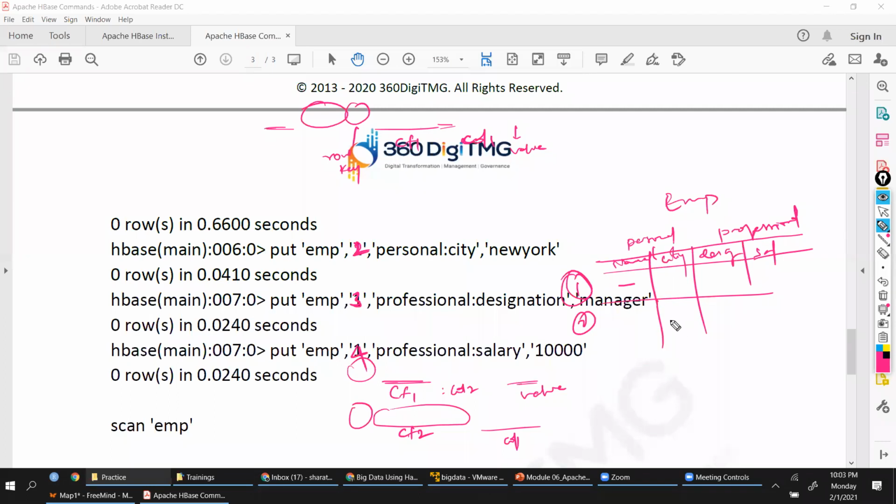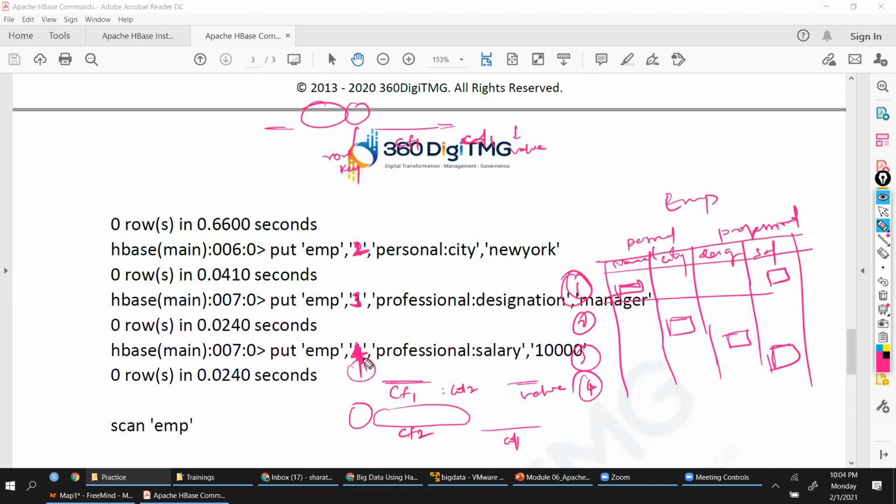The second row will have only the city column. Third row will have only the designation column. Fourth row will have only the salary column. It has nothing to do with the other rows. Like this, you'll have a value here, here, here. If you want to add something here, you can add it just by saying row key 1.